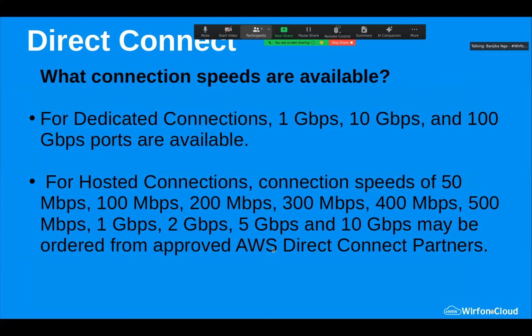So dedicated Direct Connect comes with different speeds: 1 gigabit, 10 gigabit, and 100 gigabit ports are available. So this is for high-speed usage. There are also what are referred to as hosted connections, 50 megabits and 100 megabits. For the practitioner, especially when starting, how hosted and dedicated connections are done is a whole material in depth. You can go into depth, but the key takeaway is if you need more speed than 1.25 gigabits,